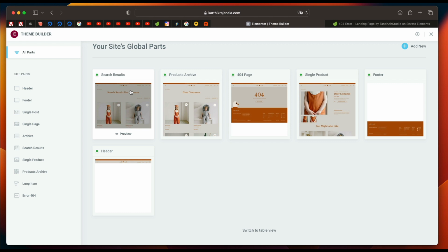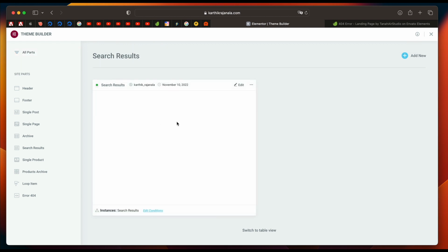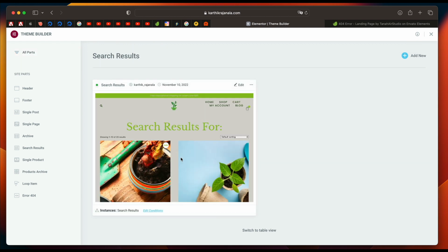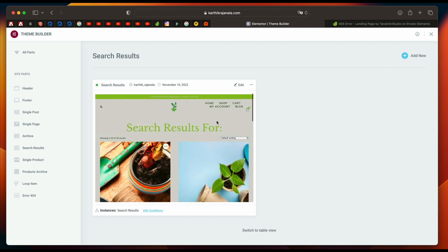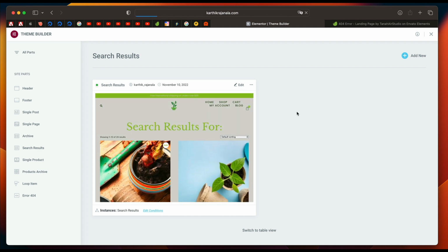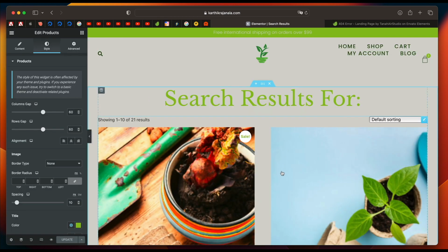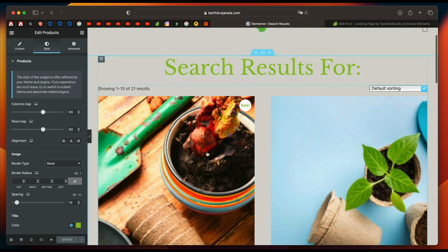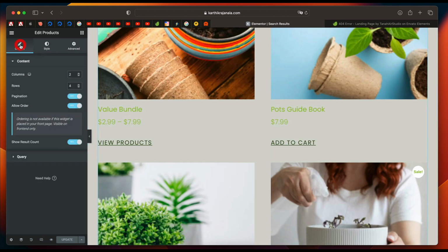Now it's time to change the search results page. If it's needed, I'll click on search results page. I think all of this is looking fine, but anyway, I'll just click on edit and we'll see if it needs any change or correction. Once I land on this page, if you click on the widget, it's basically a products widget. And if you click on content,